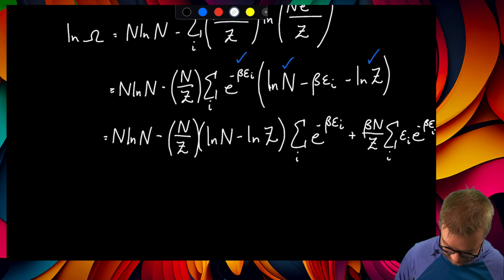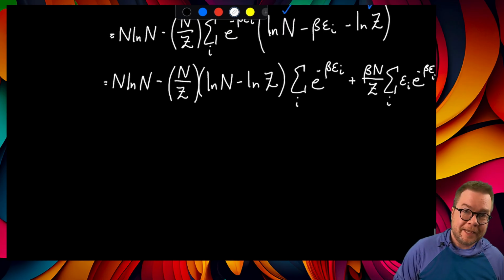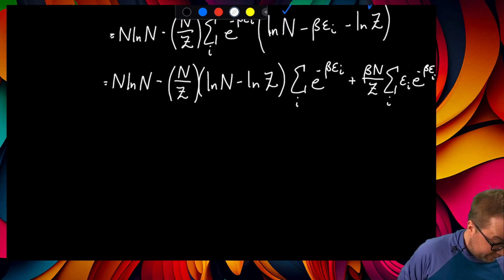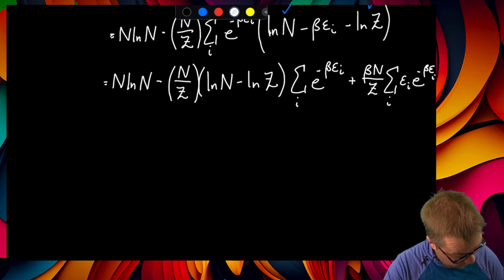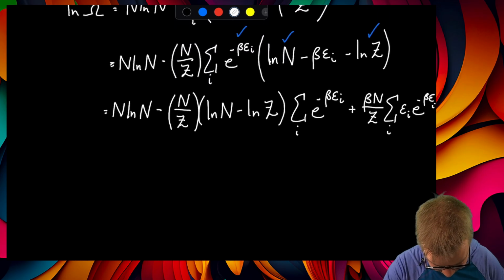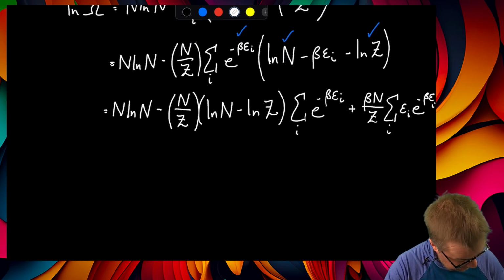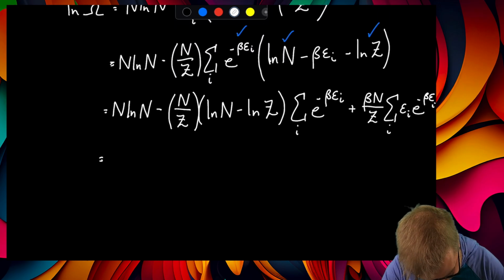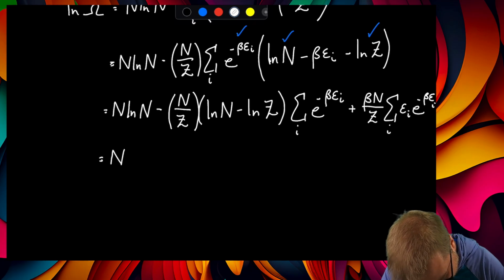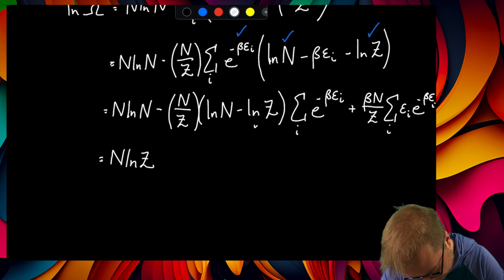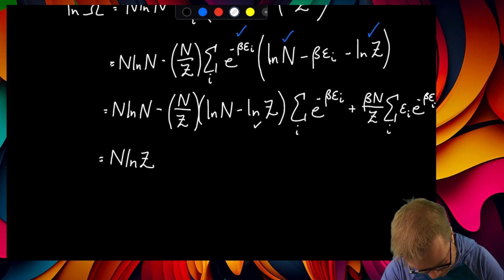Ran out of space. Okay. A lot of this stuff is going to simplify, believe it or not. So what we're going to be left with is n logarithm of the partition function. That's coming from right there. That term,